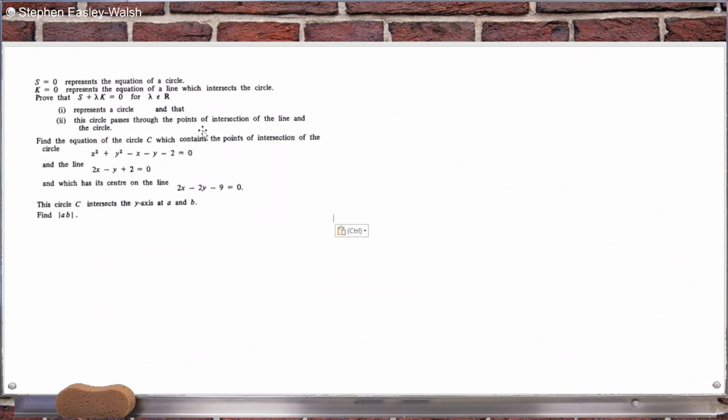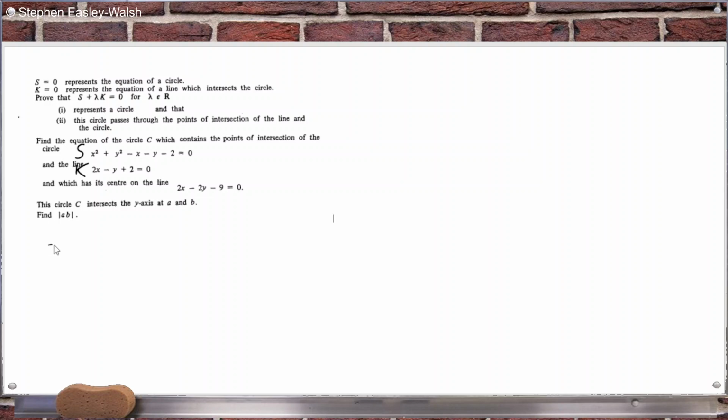Now, find the equation of the circle C, which contains the point of intersection of that circle and that line, and which has its center on that line. No problem. So, using the result we've just proven, if we take that as S and that as K,